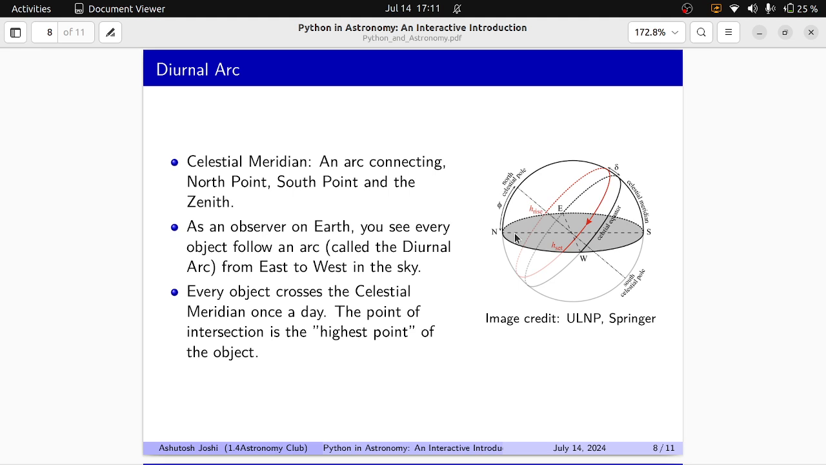So, diurnal arc. What exactly is diurnal arc? If you are sitting at a location on Earth and you observe a star, the star moves in an arc. It rises in the east and it sets in the west, and it follows an arc in between, right? And that arc is called diurnal arc. As simple as that. The sun follows an arc. All the planets follow an arc. Everything, every object in the sky, even a space shuttle, as someone mentioned, follows an arc. And that arc is called